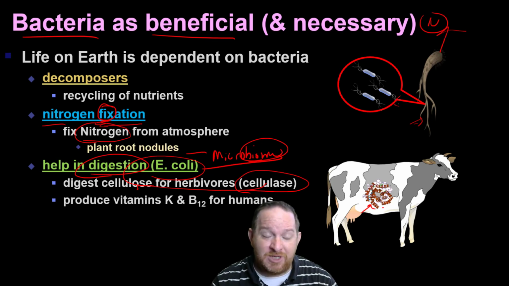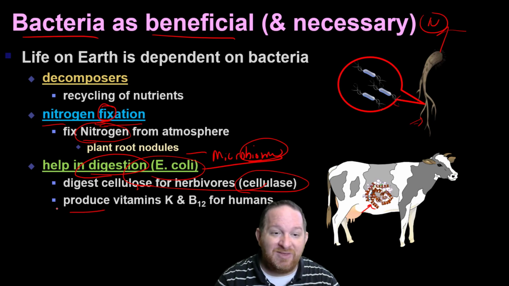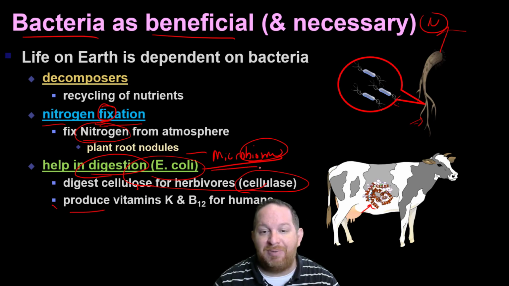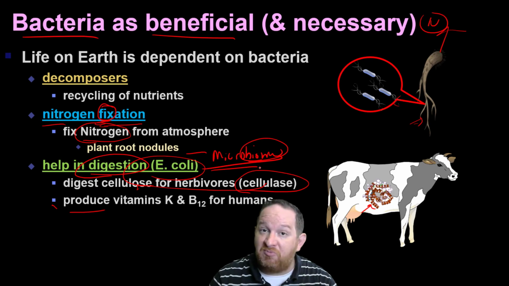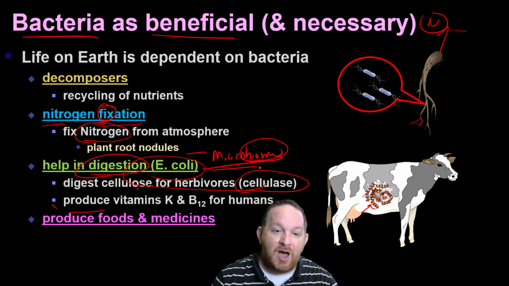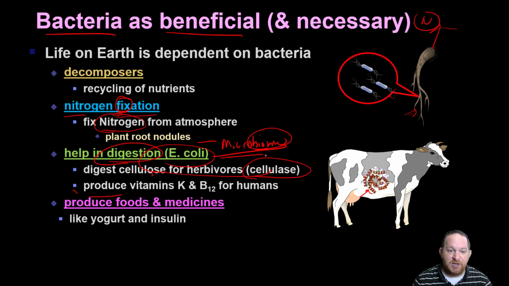Also in our microbiome in humans, we're finding more and more that a lot of our vitamins and even some of our amino acids are produced by the gut bacteria in our microbiome. So bacteria have lived along with us for a long time. They've evolved with us, and many of them actually are very helpful to us. And we're even doing some pretty crazy things today with bacteria. We use bacteria to make foods for us, like yogurt.